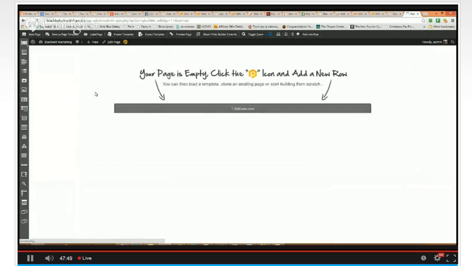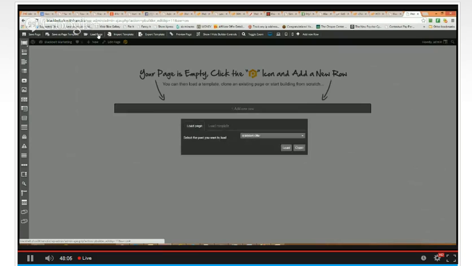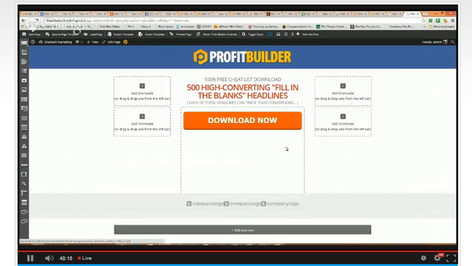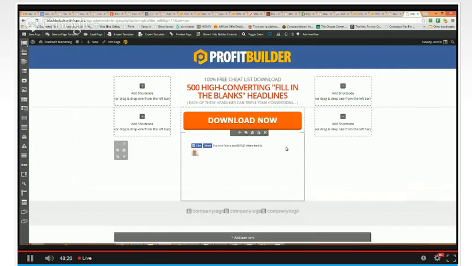it then gives you this, and we can build a page from scratch very easily. I'm going to have to build a thank you page because I couldn't find it. I'm sure they've got one template somewhere, but anyway, never mind. What we're going to do is load a template, and this is the one that we selected. If I'd selected more, there would be a lot more here, but I only selected this one, so I'm just going to load that, and there you go. As fast as that, we have